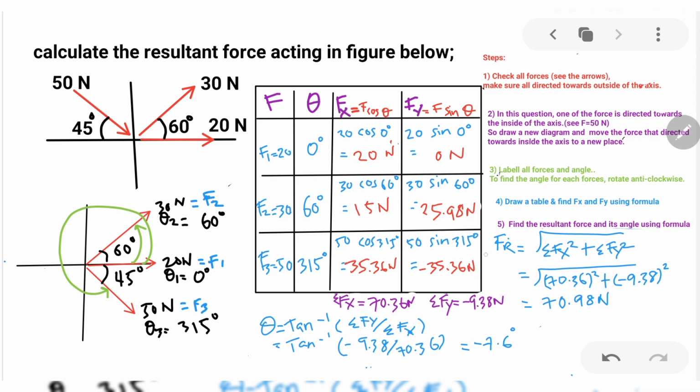Okay, so you just put the symbol for modulus there, so you will get 7.6 degree. Okay, because for